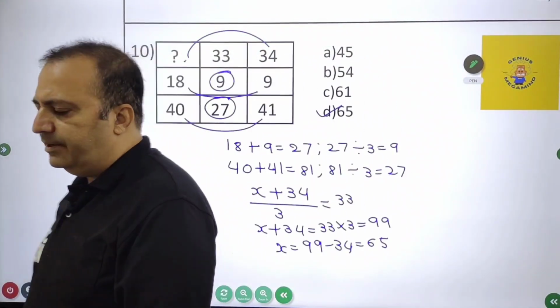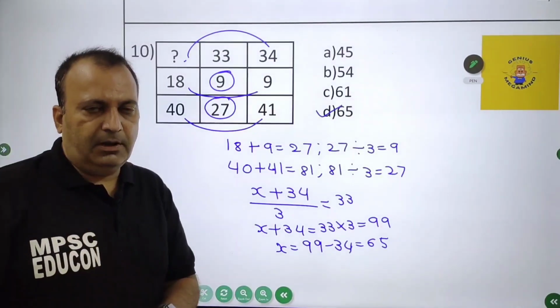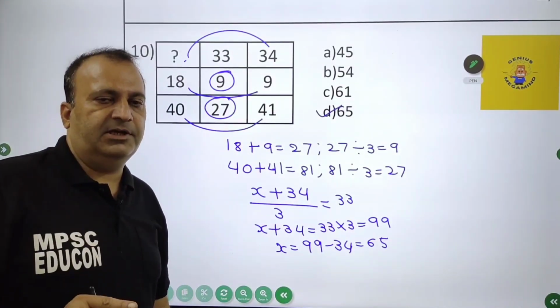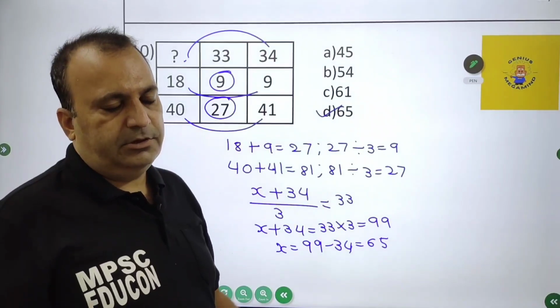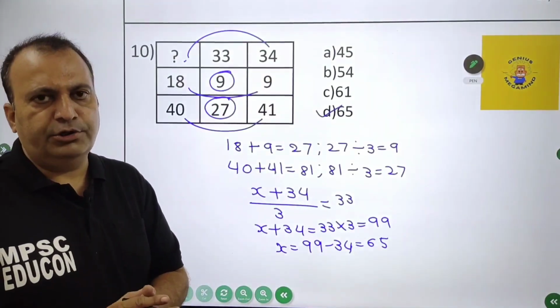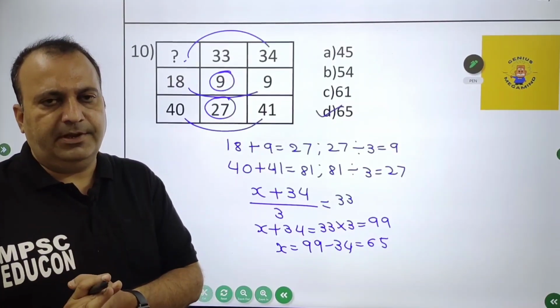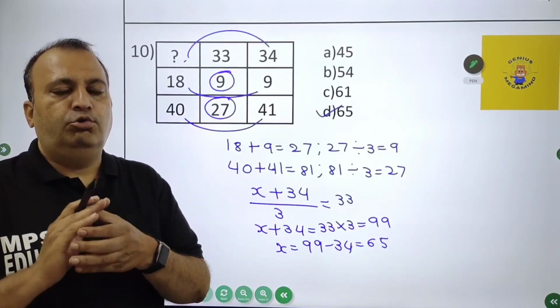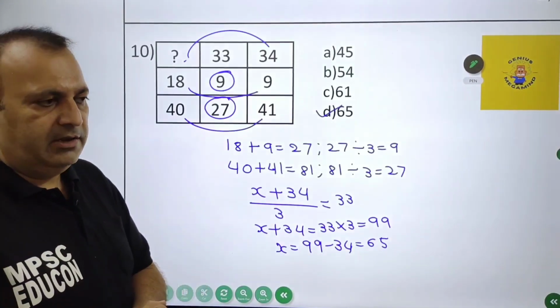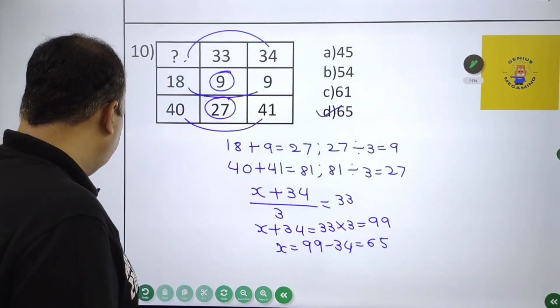So we have dealt with 10 questions over here, and I hope your concepts will become clear. Obviously I don't have a magic stick in my hand, just because by saying abracadabra you will get to know all the logics and the answers for all the questions. The basic prime thing is that you have to do a lot of practice. You have to solve n number of questions, and trust me my friends, your logic automatically will get developed.